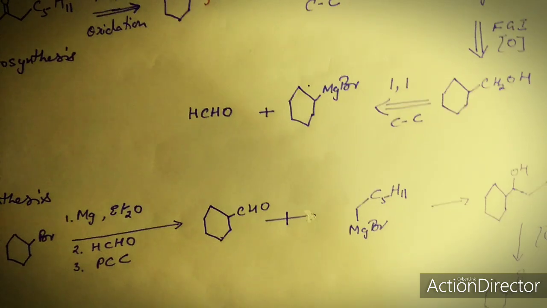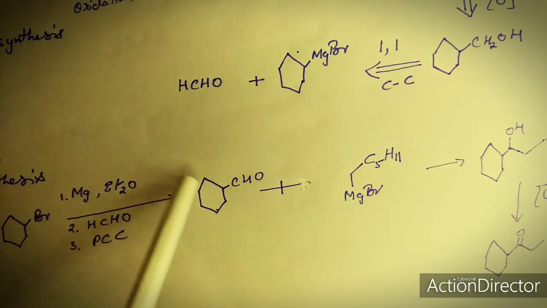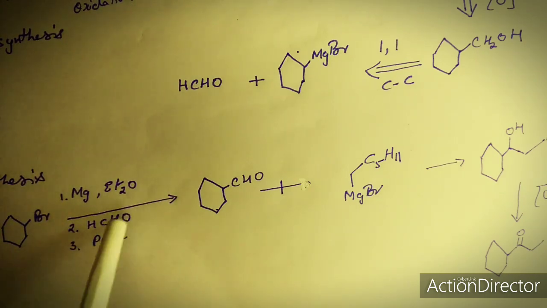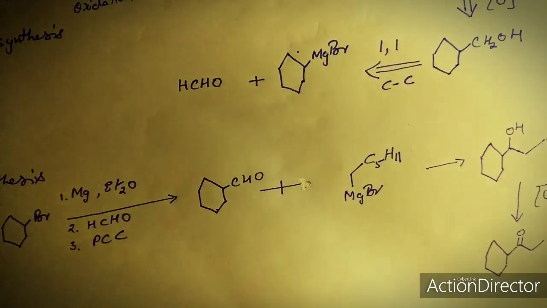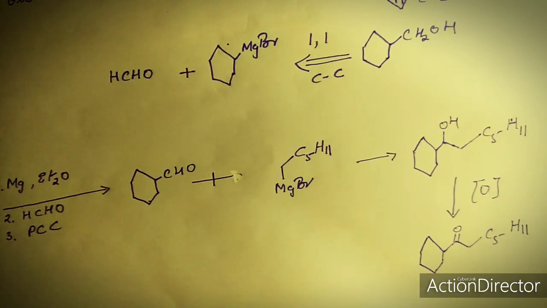So let's see the synthesis. The synthesis again will start with formation of the Grignard reagent. You could have written over here MgBr itself, no problems. So here we've written the cyclohexyl bromide with magnesium in diethyl ether. It will give rise to our Grignard reagent. And this will react with our HCHO. This will react and we will get this type of a product, which can be further made to react with our Grignard reagent, and this on further reaction will give us this